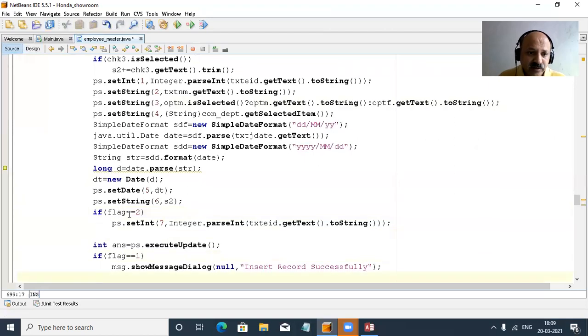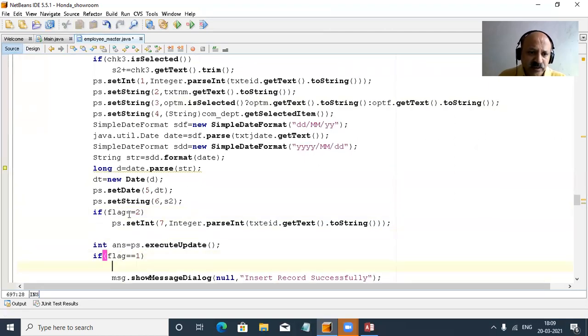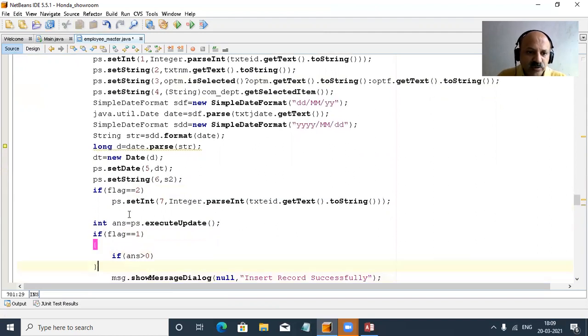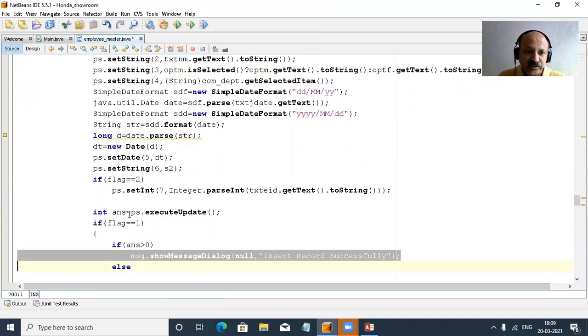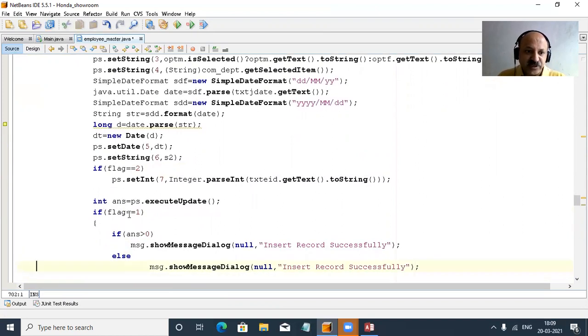And here we use the insert operation, and again one if condition: answer is greater than 0. We apply a message, your record is successfully saved, and the else part. I copy this line and paste, and now I can close this if condition.